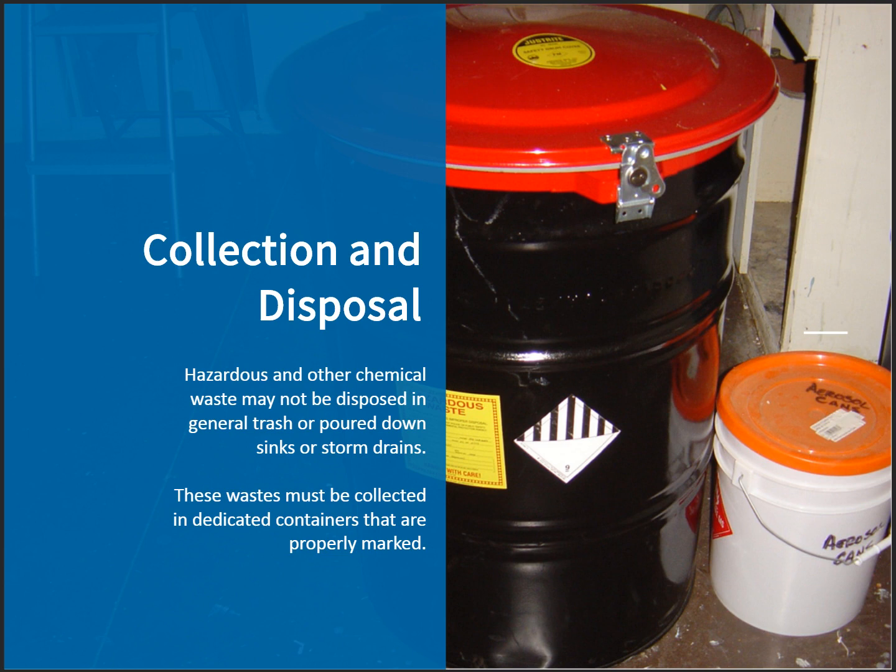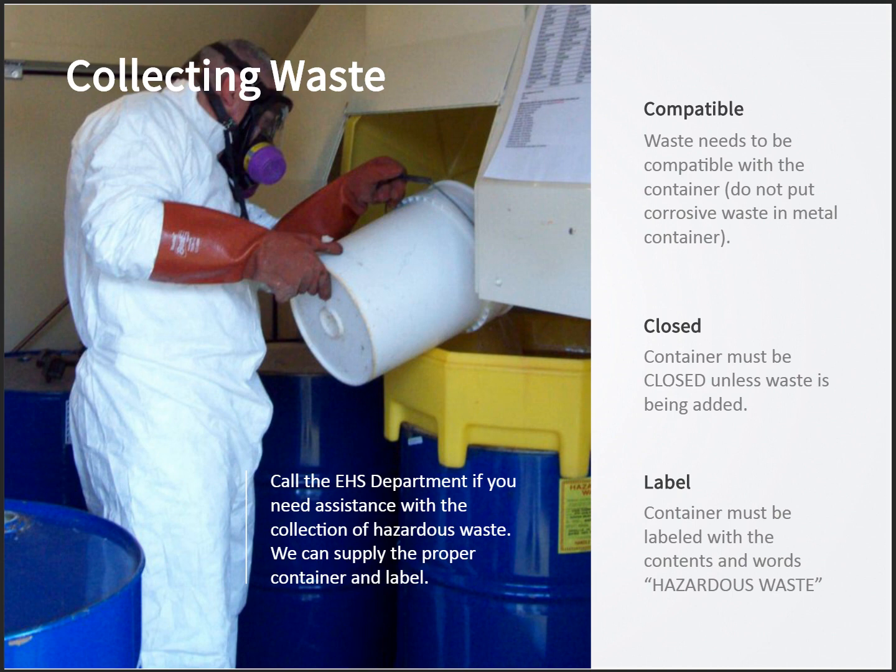Collection and disposal. Hazardous and other chemical waste may not be disposed in general trash or poured down sinks or storm drains. These wastes must be collected in dedicated containers that are properly marked. Some things to remember when collecting waste. The waste needs to be compatible with the container, so do not put corrosive waste in a metal container, which it will corrode. The containers must be closed unless you are adding waste to them, and they must be labeled. The container must be labeled with the contents and the words hazardous waste. Call the EHS department if you need assistance with the collection of hazardous waste. We can supply the proper